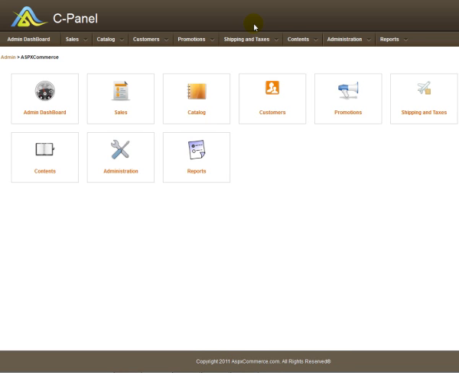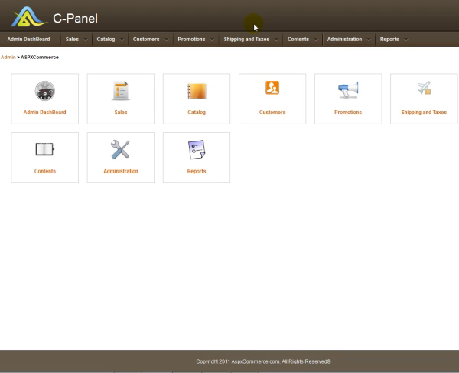Welcome to the visual demonstration for setting up shipping methods in AspxCommerce. When you run an online store, you are likely to have visitors and orders from across the country. That's why you need to be able to dispatch orders to customer desired destinations. To help you with the same, AspxCommerce comes with a feature to add various country-specific shipping methods such as DHL,